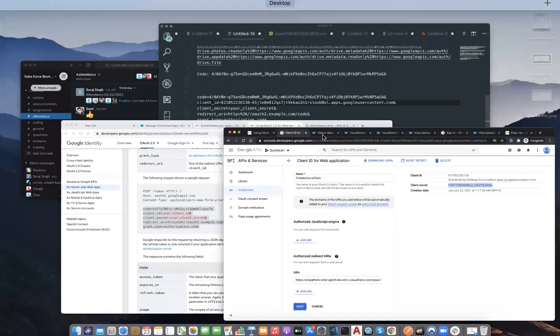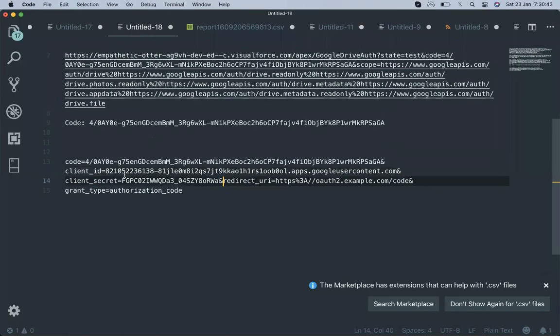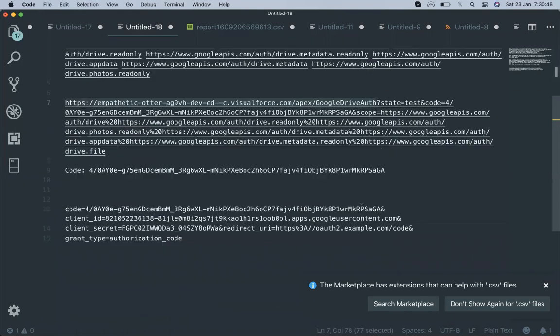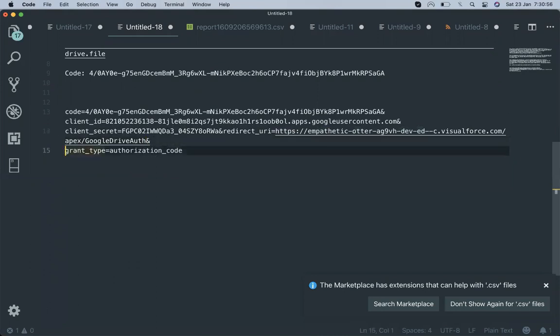Here is the client secret. Paste the client secret. Then we need our redirect URI, which is again the same. The last is the grant type, which is authorization code. So now we have completed the body.